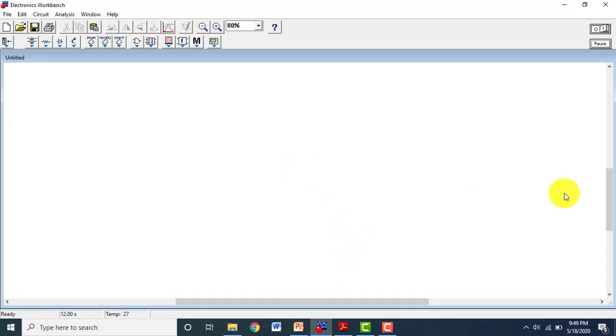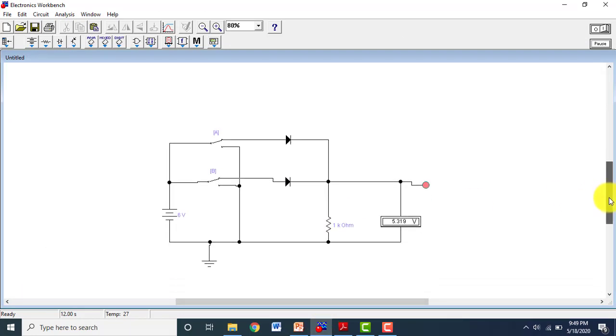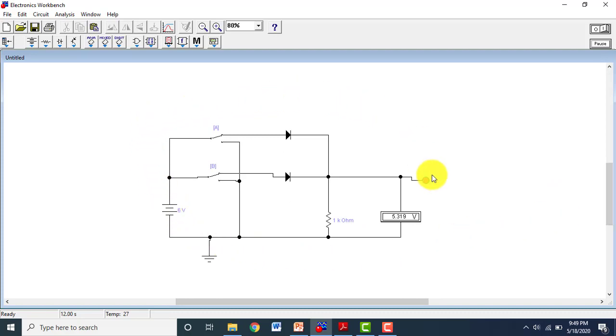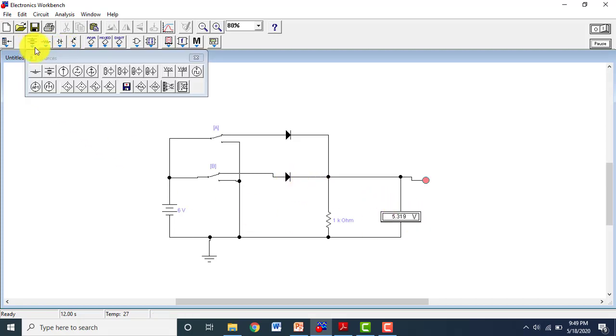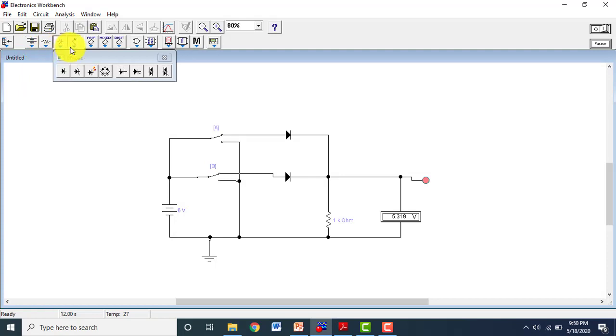So it's the console of the electronic workbench. You are watching the complete circuit here, but I will draw it again. For your understanding, I will show you how you will draw this circuit by using the electronic workbench software. All these electric components are available here, and you can use them to draw a simple or a complicated circuit. So let's start. I will show you step by step how you will form this circuit.